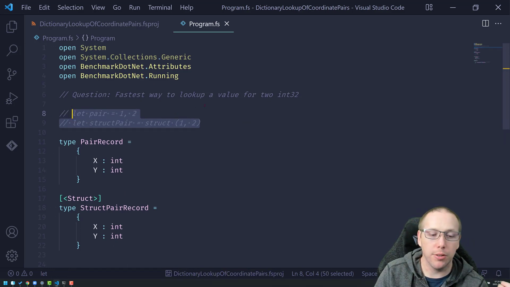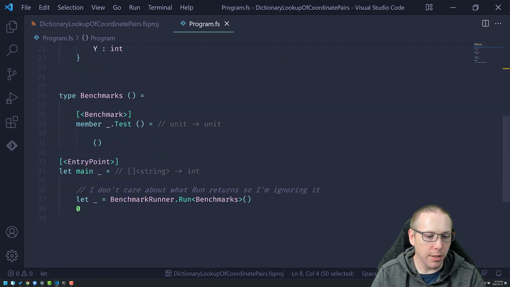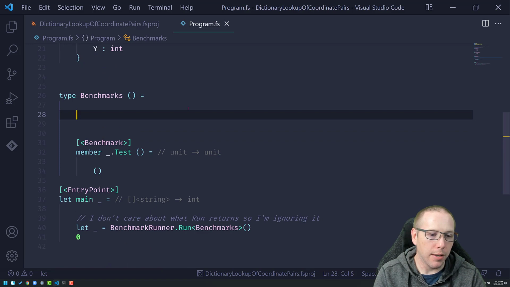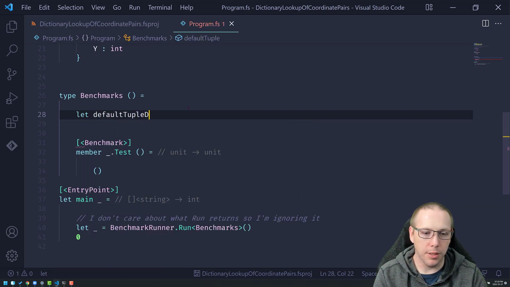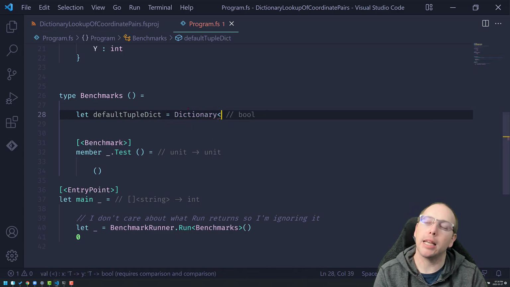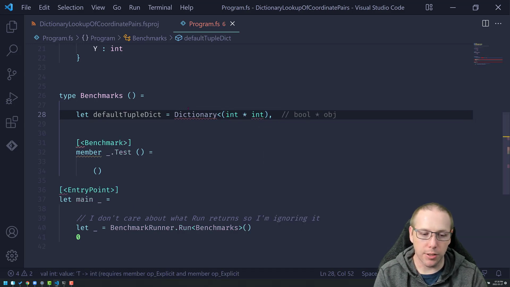But what I'm going to do is create a dictionary and put the same sets of keys and values in each of them, except in one dictionary. I'm going to go ahead and define them. So I'm going to have my default tuple dictionary. I'm going to say it's a dictionary, and the key is going to be int, and the value inside of it is going to be a float, just so it looks a little